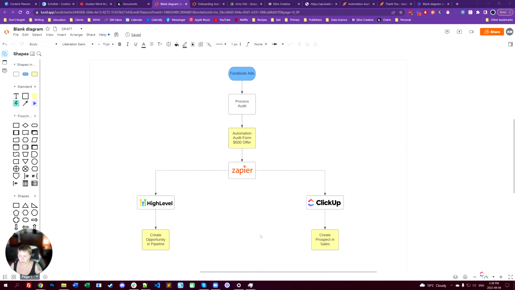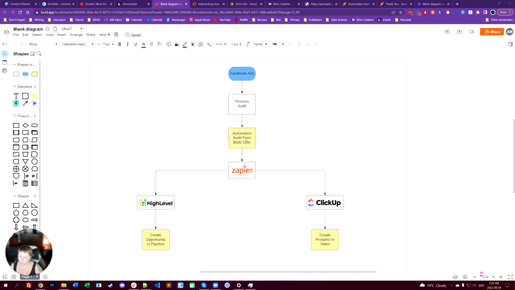Okay. As you can see, this workflow is fairly basic compared to the ones I've shown you before. This is usually how they start out, where I'm doing this basically off the top of my head with how I know this should work. There are no intricacies. I haven't been diving into the granular details. We will add to this workflow as we go, but this is just a generalization of what I want it to do. So the person comes in off the Facebook ads, they go to the process audit page on the